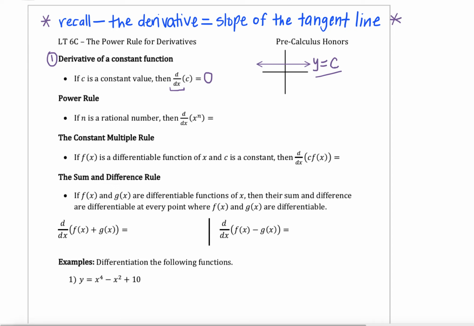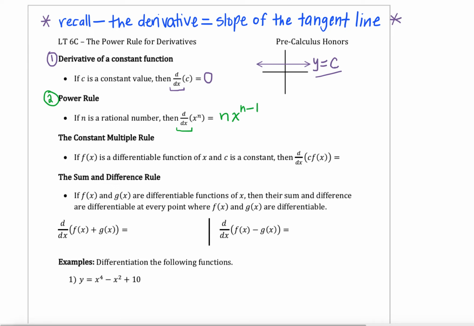Now the second rule we're going to look at is the power rule, and this has to do with when I have x's to powers. If n is a rational number, so that could be an integer, a negative number, or a fractional exponent, and we'll see examples of all of those today, then when I take the derivative with respect to x of x to the n, a pattern starts to happen. The exponent n comes down and becomes a coefficient in front. I still have my base of x, but the new exponent is the original n, where I also subtract